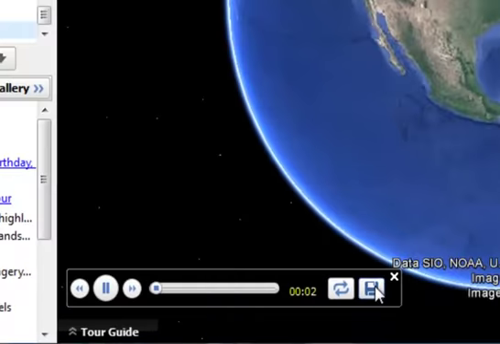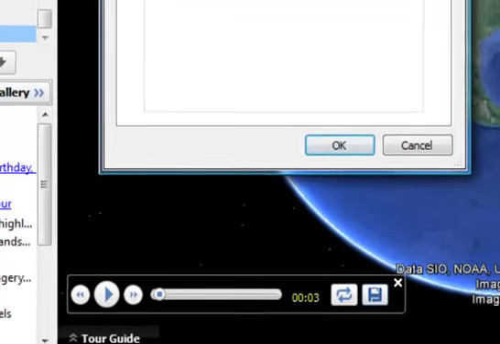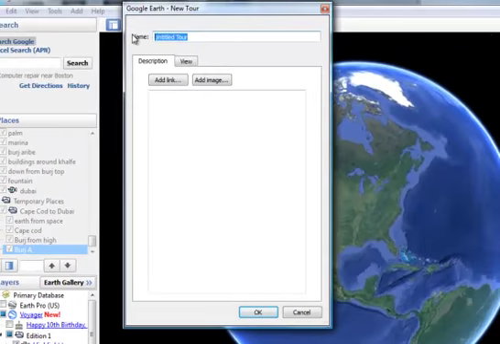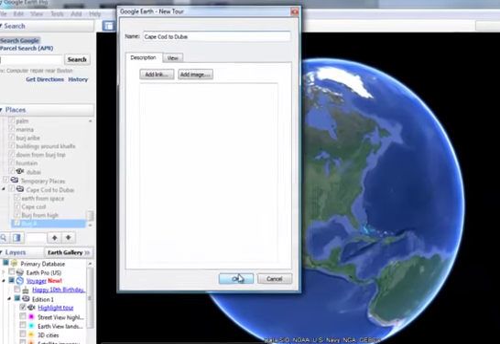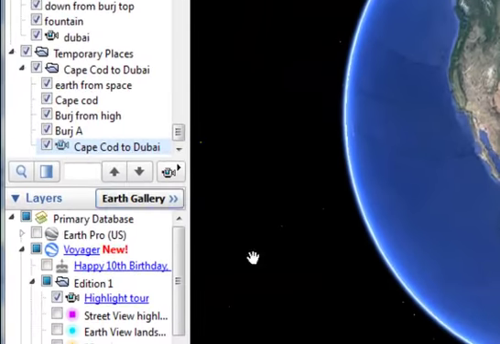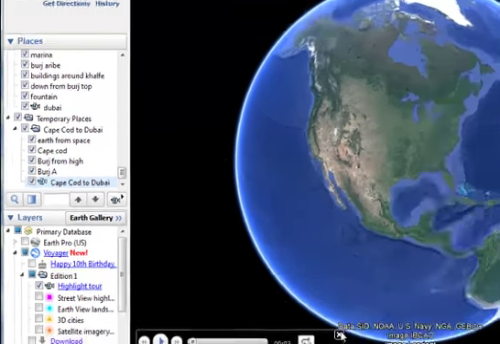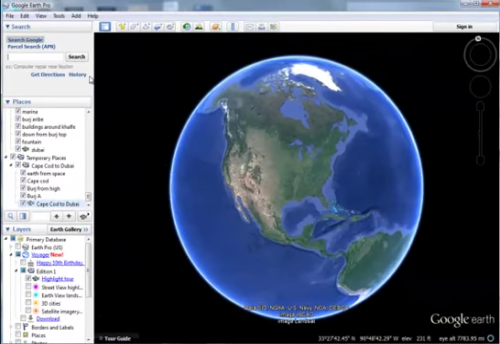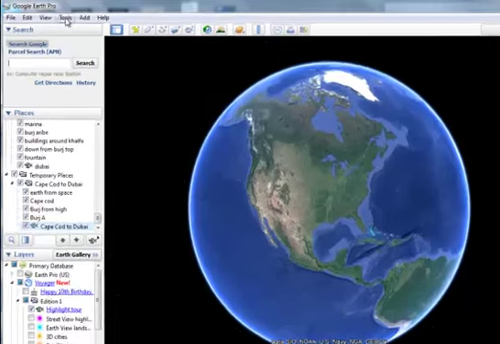And so we go to this save button and we'll call it Cape Cod to Dubai. And that is our tour. And we say, okay. And you can see it's right here. Let's close this down. Now, to make the movie, what we need to do is to go to our tools